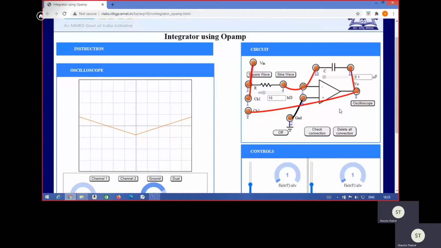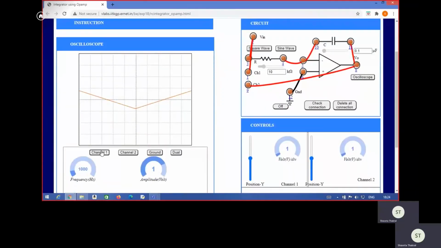So now we can observe both the waveforms. If we observe the waveform at channel 1, we have the input waveform, that is the square waveform, because the input we have connected with channel 1. If we click on channel 2, we observe the output waveform, that is the triangular waveform, because we have connected the output node with channel 2.